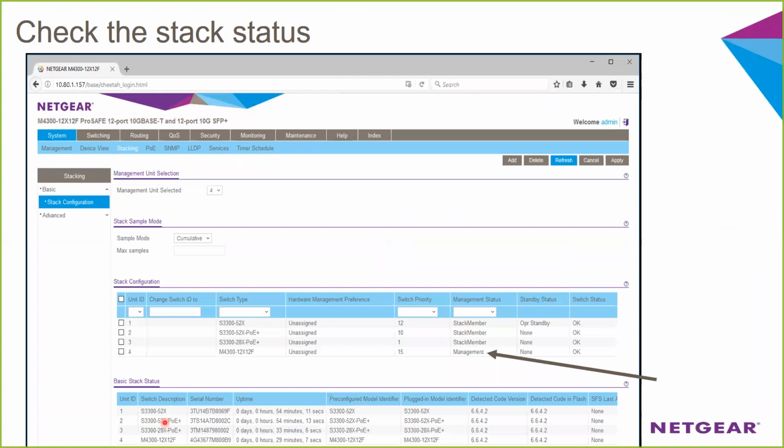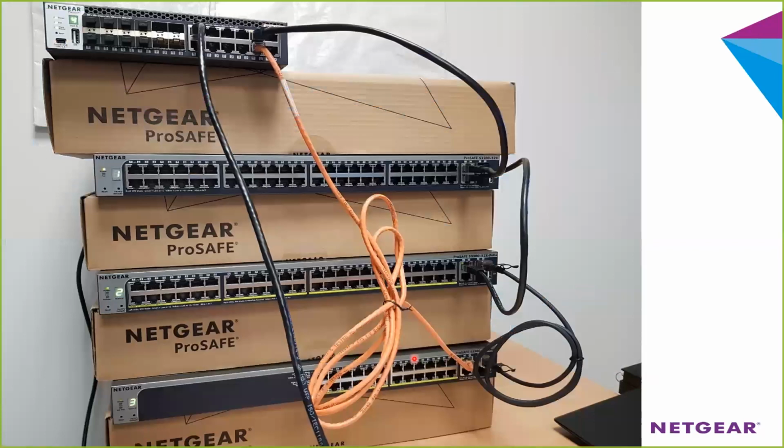Okay, so we can again check the stack status, and everything looks perfect because the last switch, the 4300 switch that we just added with the priority number 15, got this management role. And because the entire re-election was triggered, the first switch that was previously the management switch is now a member with the operating standby mode, meaning that's the secondary master, the backup management unit, ready to go should the 4300 master switch fail. So now you have a perfectly running